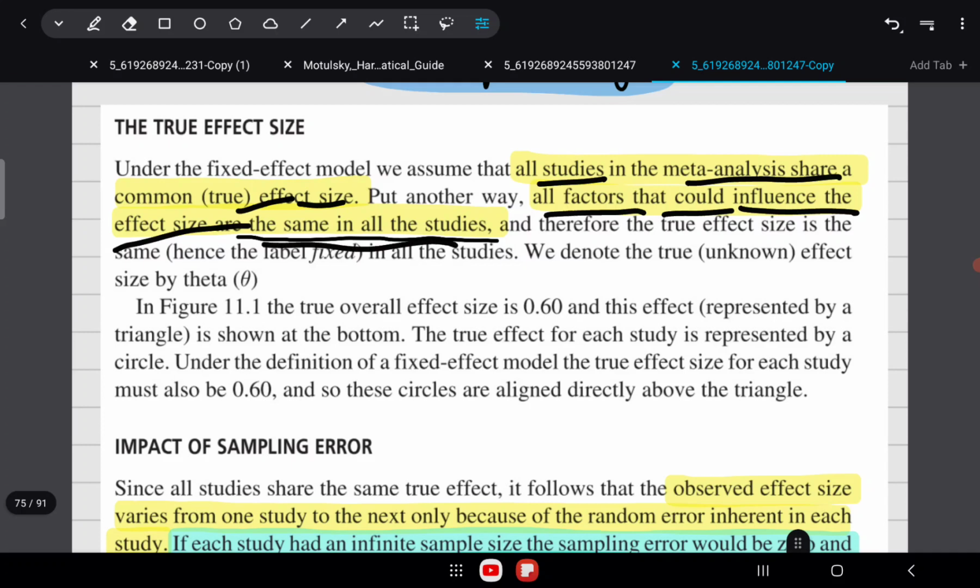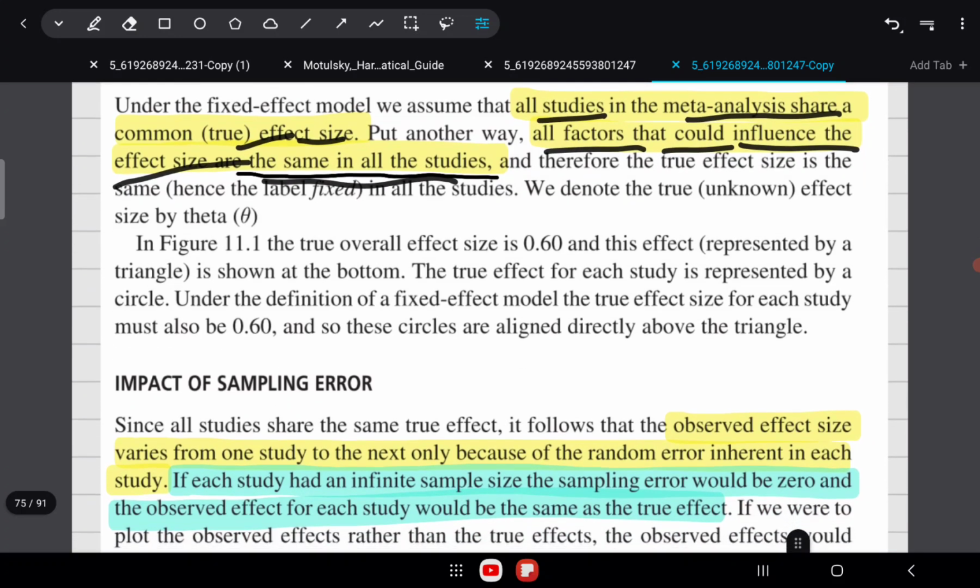So we assume that the dose of the intervention, the groups being tested, the patient population, whatever factors can influence the true effect size of the drug, are the same across all the studies, and for this reason the true effect size will remain the same across all the studies. That is the assumption in fixed effect modeling. That is why it is called a fixed effect model, because the assumption is that the effect of the drug is fixed across all the studies.